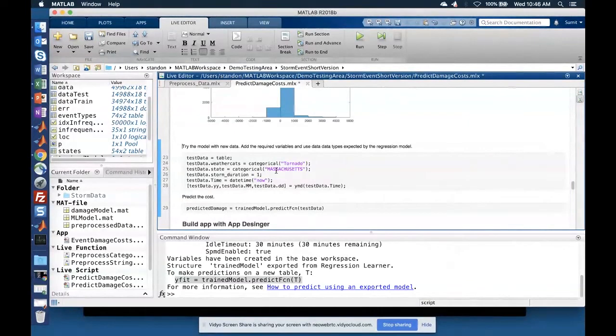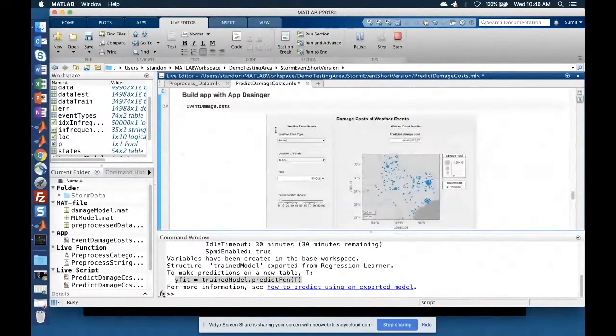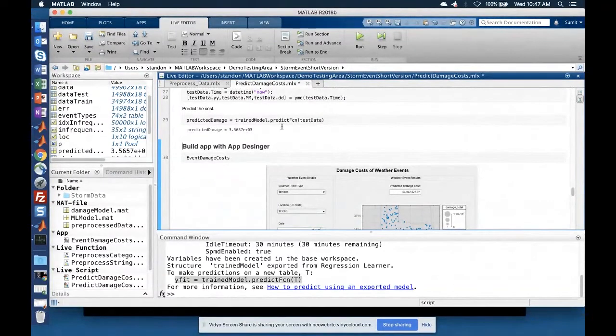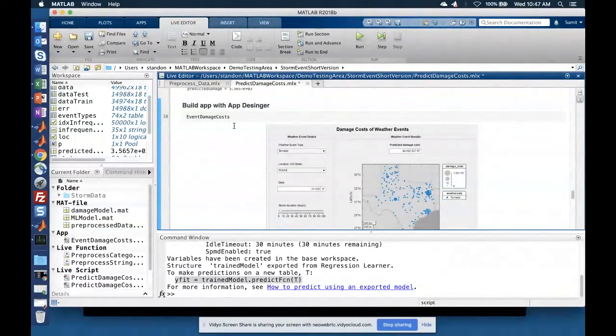So from here, if I want to explore what the event damage might look like, I just have to specify in a few lines of code, okay, what happens if a tornado hits Massachusetts, which is 1 day long, and if it hits today, for example. And I can get a quick sense of how much cost it would incur. So that's one way of using this mathematical model.